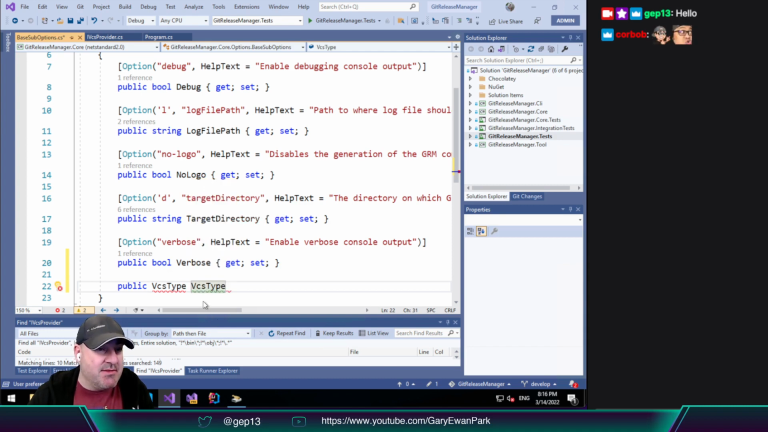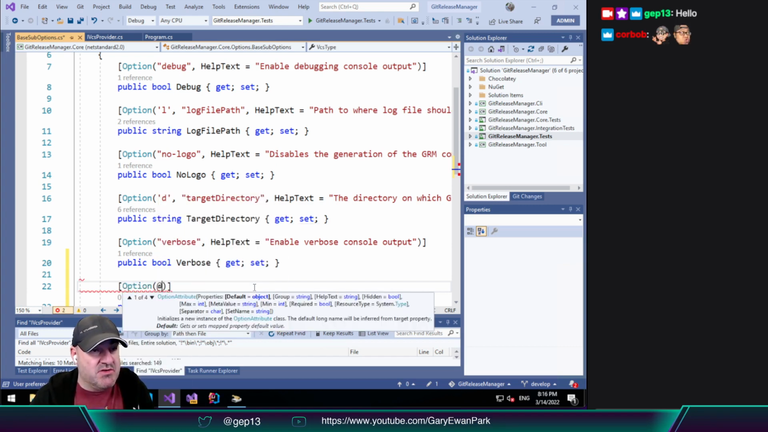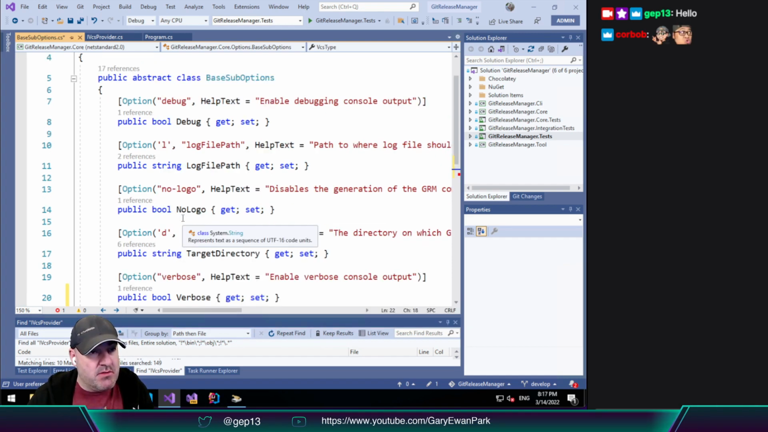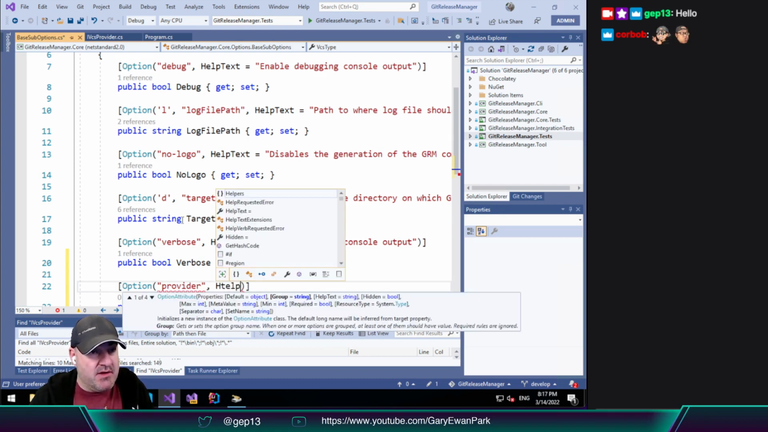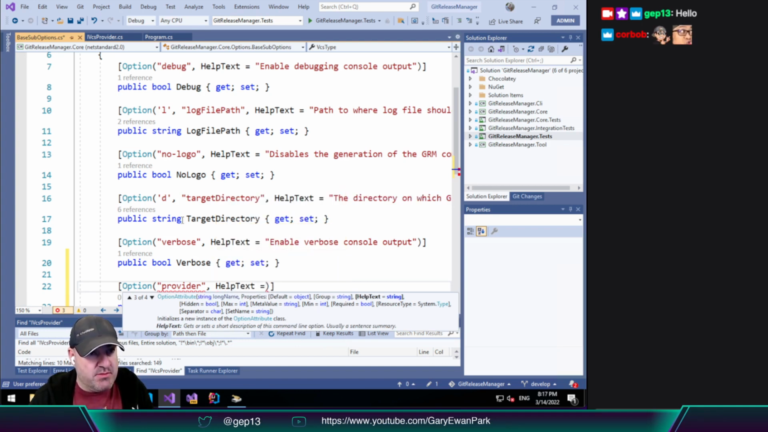I always hesitate about calling the property name the same as the enum, but we'll stick with it just now. So we'll do a get and a set here, and this is going to be an option. I suspect that the P is already going to be used. So let's go for a long command line argument, which is provider, and then the help text of that thing is going to be